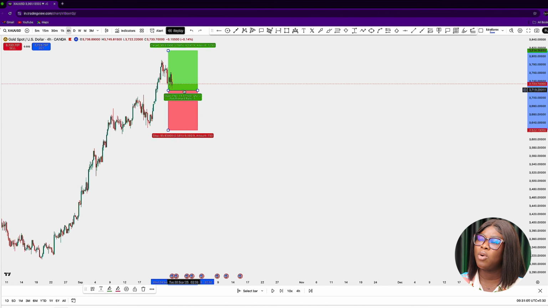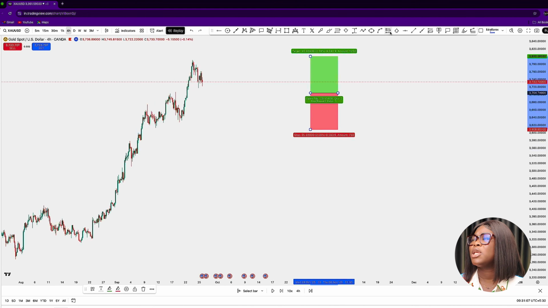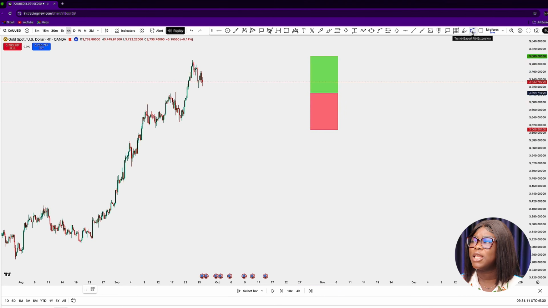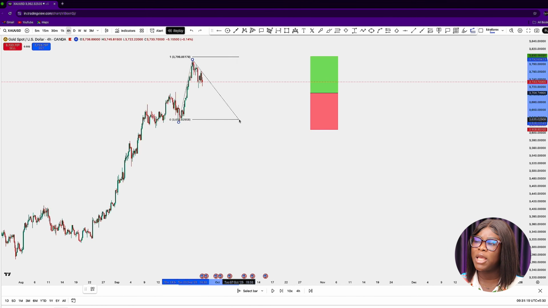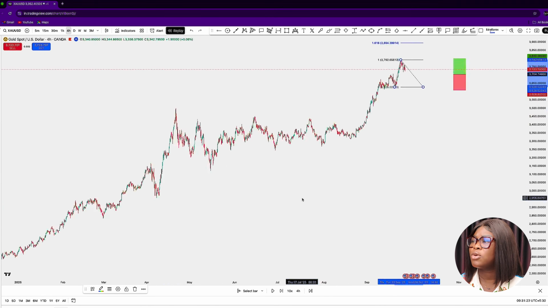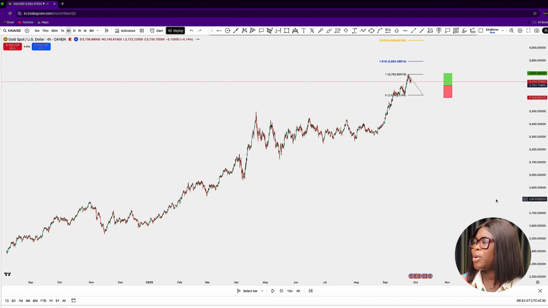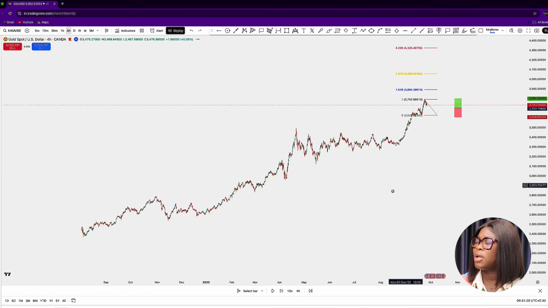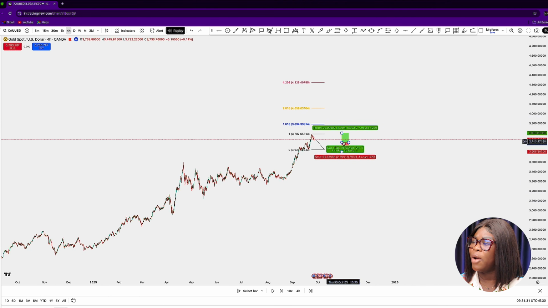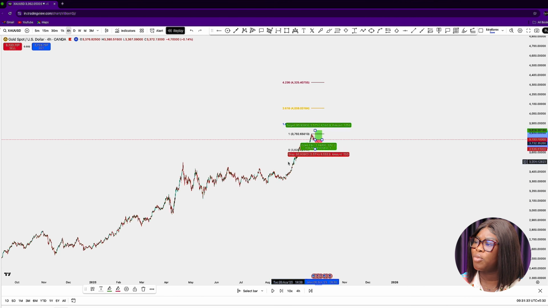Okay, but now we want to know where we can equally take profit. So what do we go for? We go for our Fibonacci extension. From here we draw from the swing low, point A, to the swing high, point B, then bring it back again to point A, which is the swing low. Now let's look at the potential place where we can take our profit. Okay, now this is it. Look at it. So our first take profit, when we enter from here,